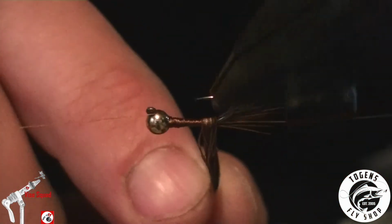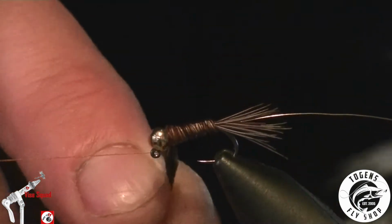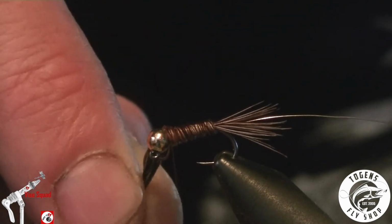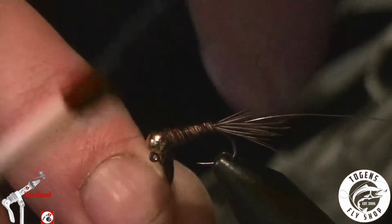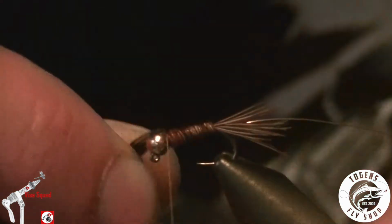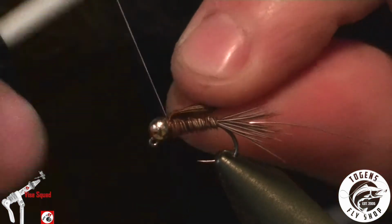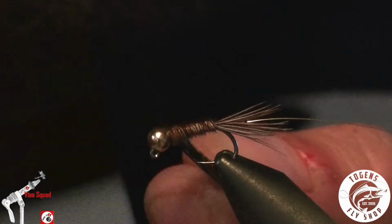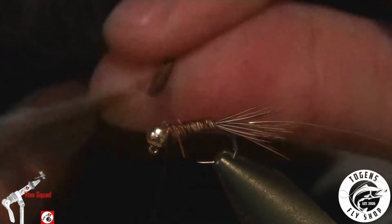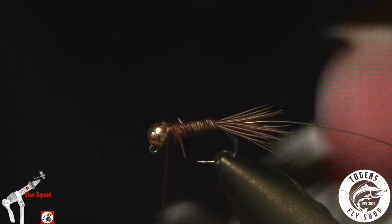and we're going to wrap them up the hook. Right to behind the bead. Once we're behind the bead, we're going to capture that. And trim off our excess. Next, we're going to